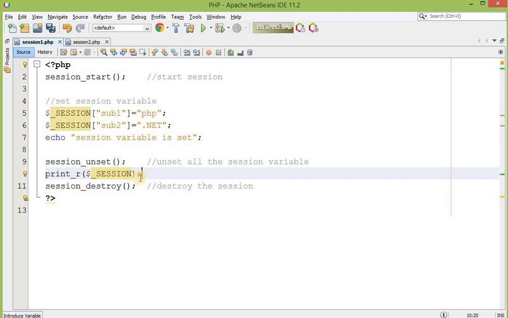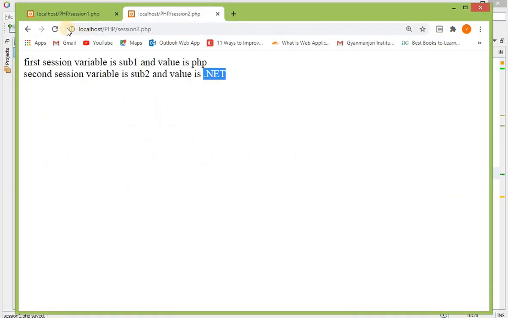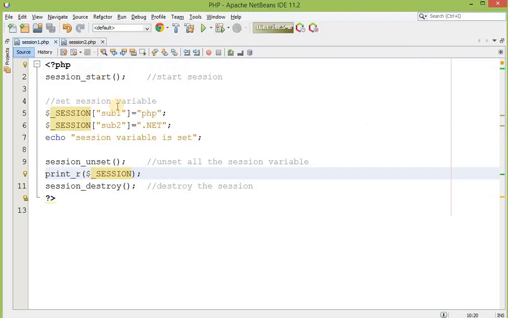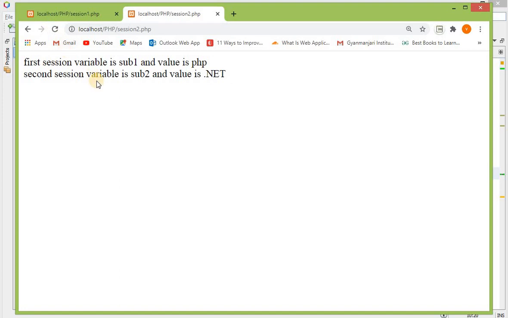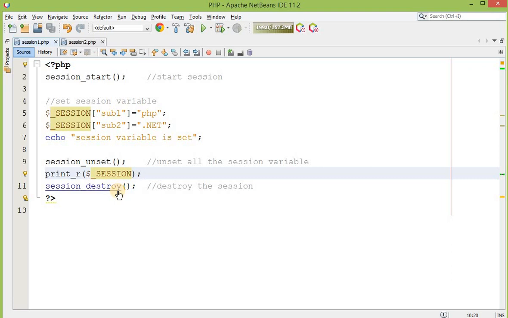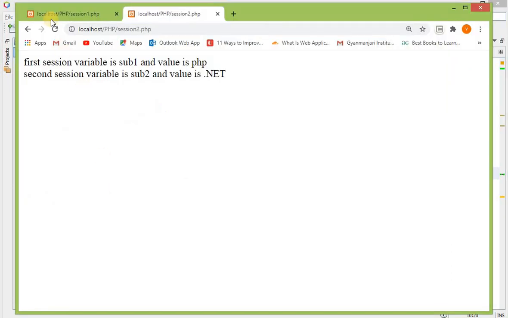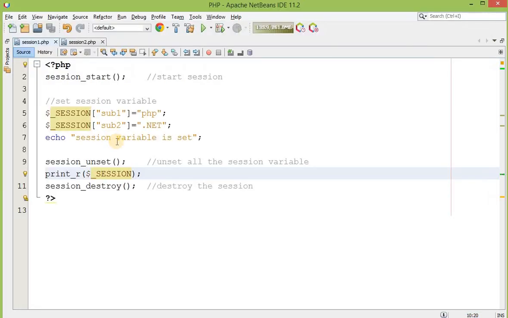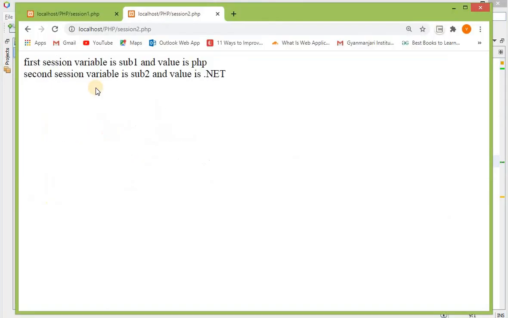Before this I am just going to print this over here just to explain. Previously, when we printed this statement, we were getting our values, that is subject1 PHP.NET, subject2 Java. But after calling the unset function, if I print this, it will be blank.